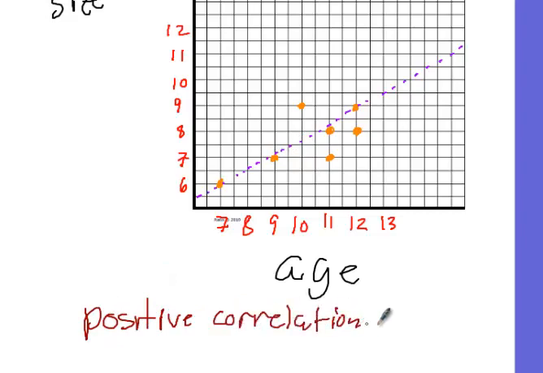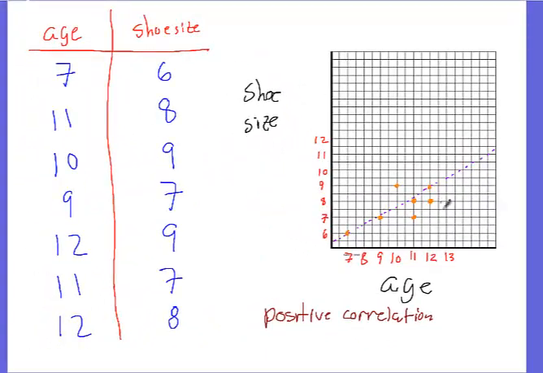Okay, and basically what correlation means, and a positive correlation more specifically, means that as your x variable increases, your other variable increases. Both variables are increasing at the same rate. And why we can say that this line would have a positive slope is because the change in y, or the change in shoe size, is increasing. So the change in y is positive. The change in age is positive. Positive over positive is still positive, therefore it's a positive correlation. Okay, but again, you can just look at your data most of the time